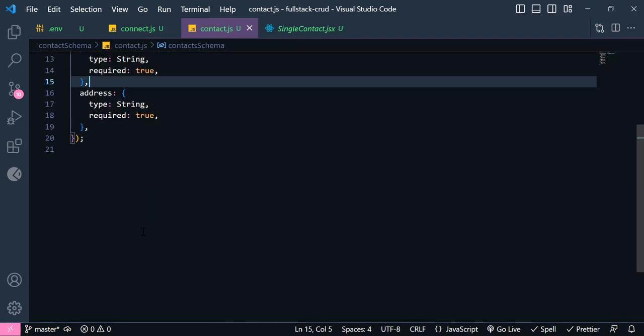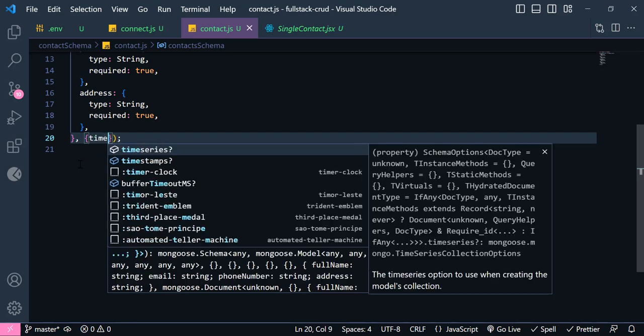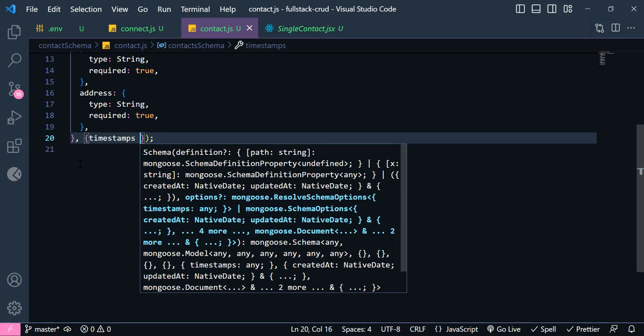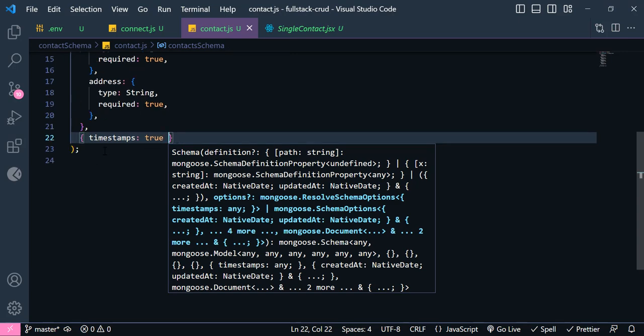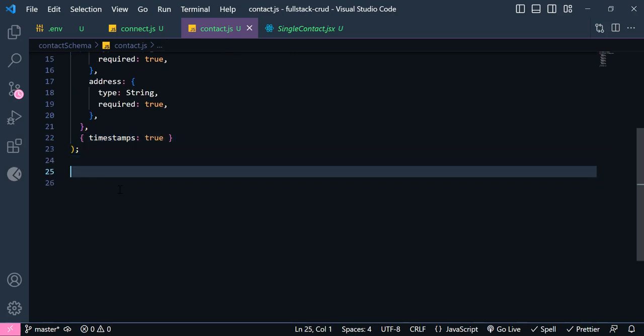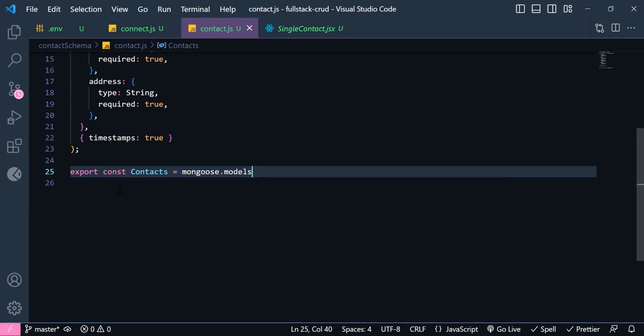Alright, now if you want to print the time that the user adds new data, just make a new object in here and call that timestamps and set this to be true. Alright, now down here we need to export a new variable. So I'm gonna call that contacts, which is equal to mongoose.models.contacts, okay, or